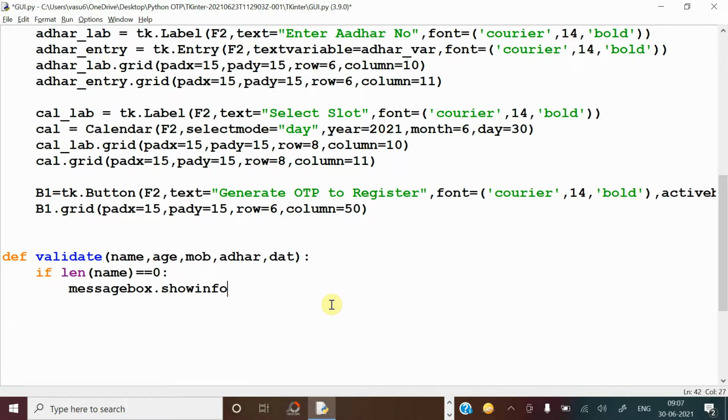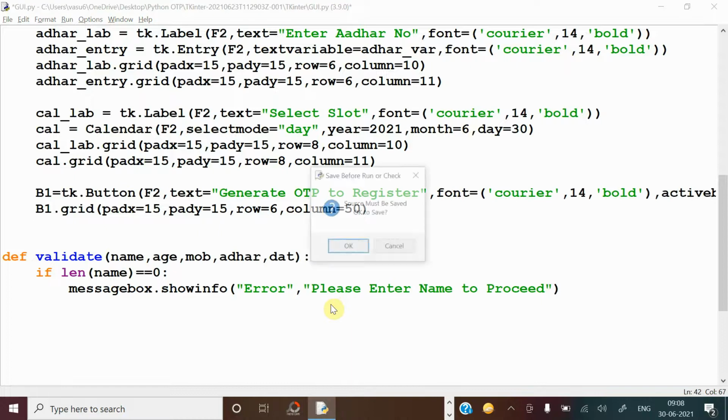So you can call this function. Now within that you can write the error message. Which type of message is this? Error message. You can keep it here, and after that you can write: please enter name to proceed. Yeah, now you kept it.